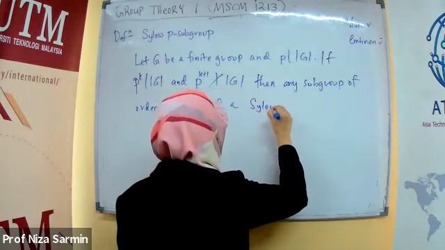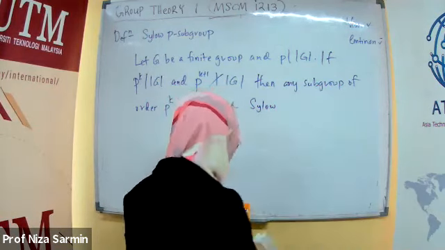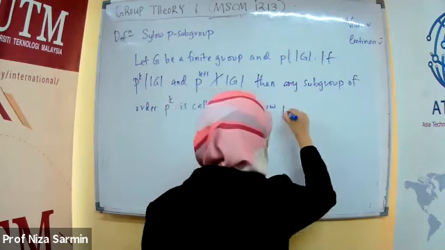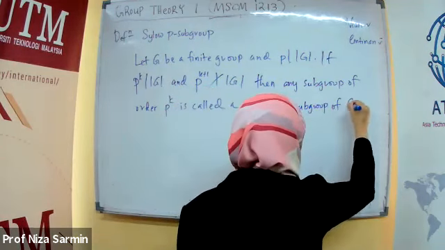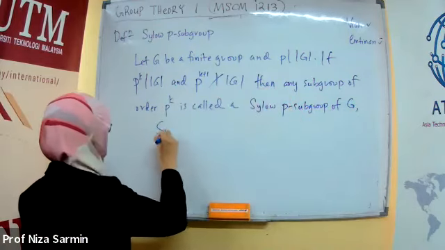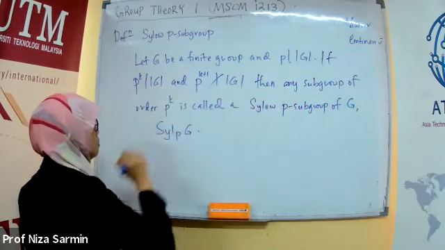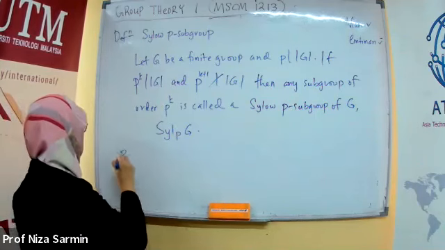How do I say Sylow P subgroup of G? We use this. All right, so for example,